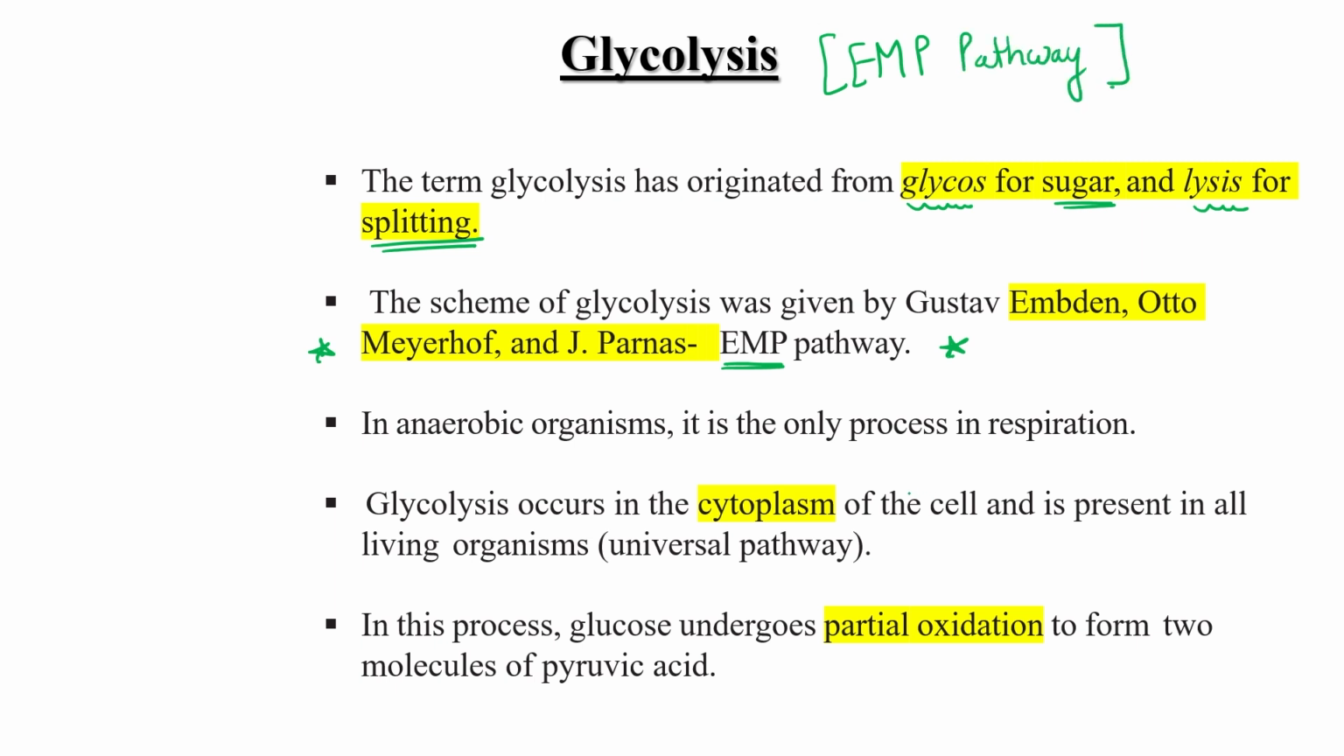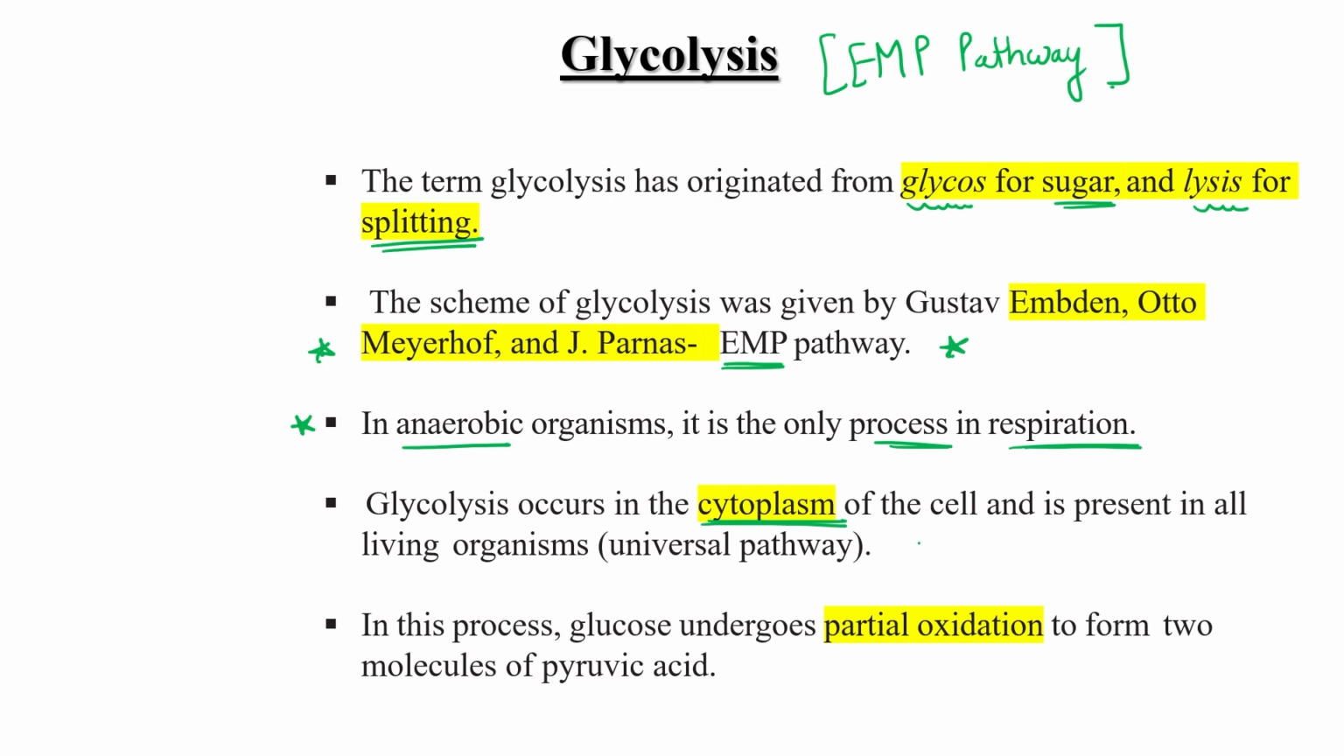EMP pathway, right? So in anaerobic organisms, this is the only process of respiration, because this particular step, glycolysis, doesn't need oxygen. And this glycolysis occurs in the cytoplasm. So in certain prokaryotic cells, which don't have membrane-bound organelles, meaning they don't have mitochondria, in the absence of mitochondria they also require energy for their metabolic steps,